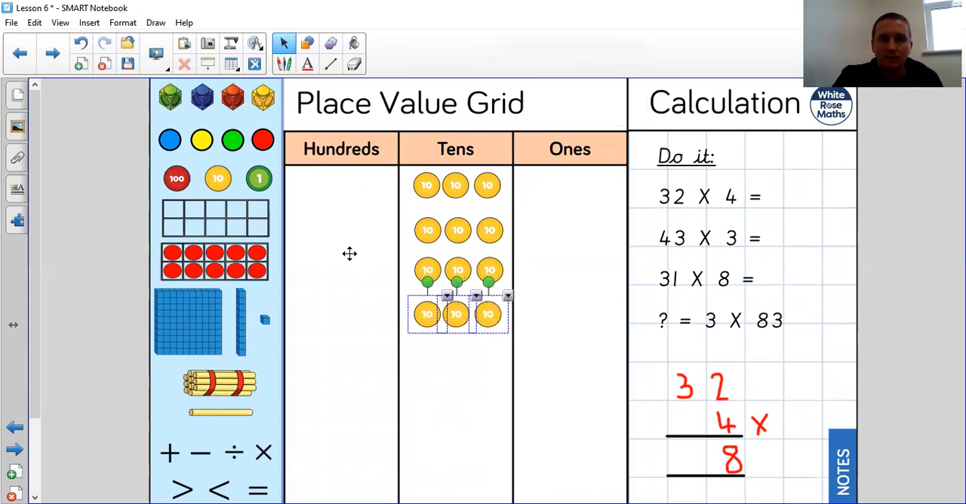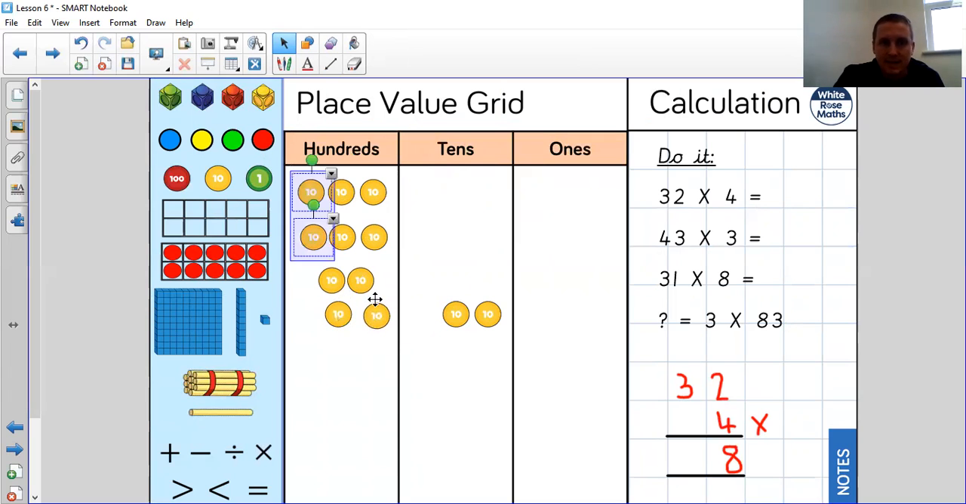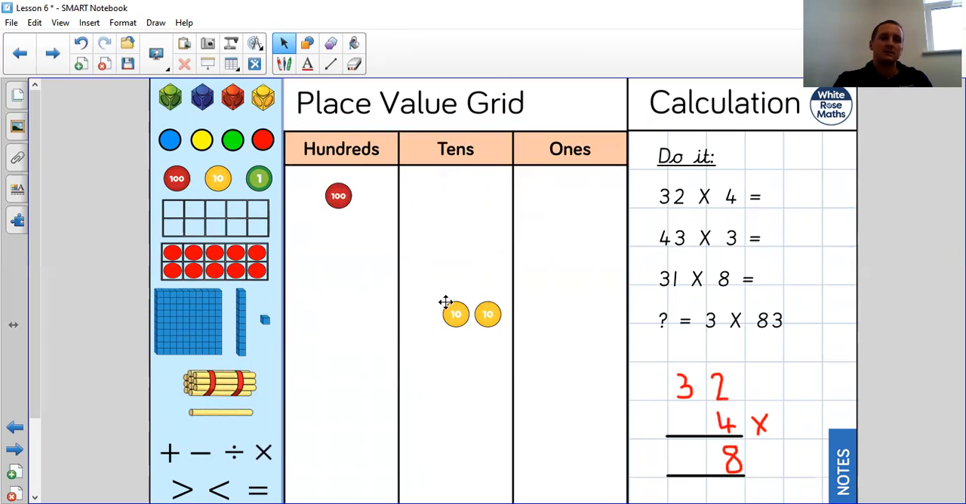How many tens have I got now? I've got 1, 2, 3, 4, 5, 6, 7, 8, 9, 10, 11, 12. So I've got 12 tens. I know I can't have 12 tens in there, so I need to regroup. I'm going to put 6, 7, 8 over there, 9, 10. There you go, 10 tens. We all know that 10 tens are the same as 100. So there I've got my answer, 120. So 4 times 30. And I'm going to create an extra column here, hundreds column,